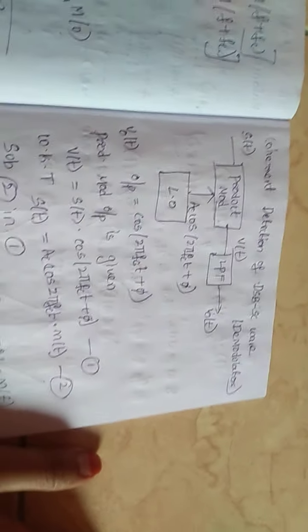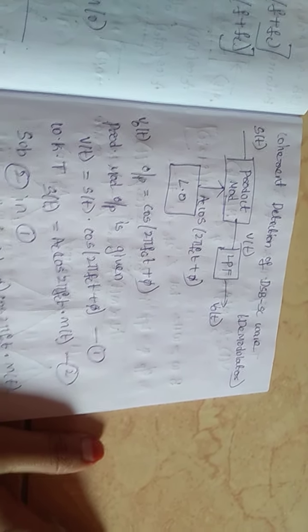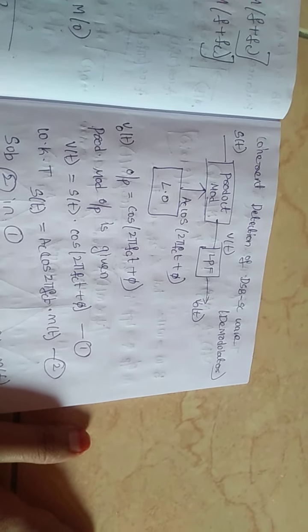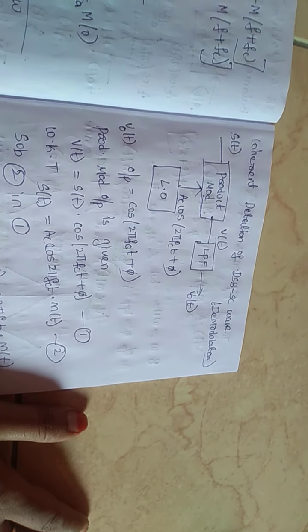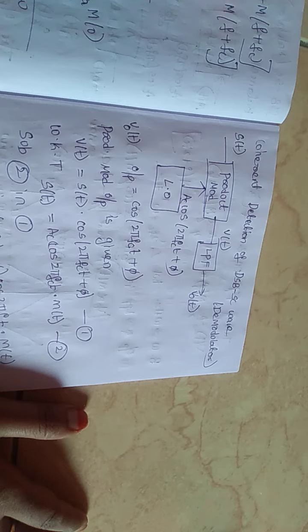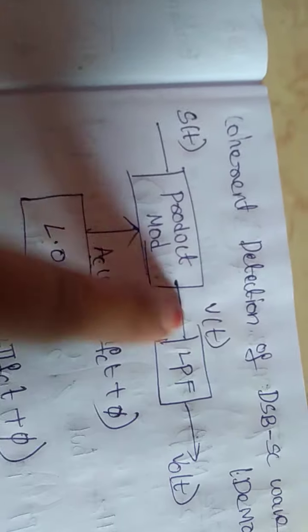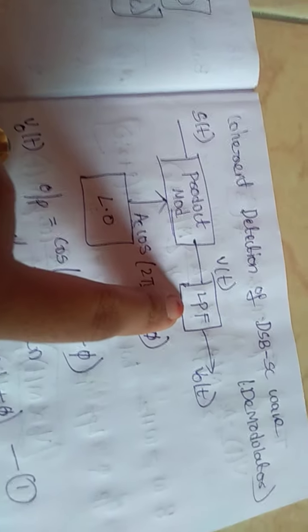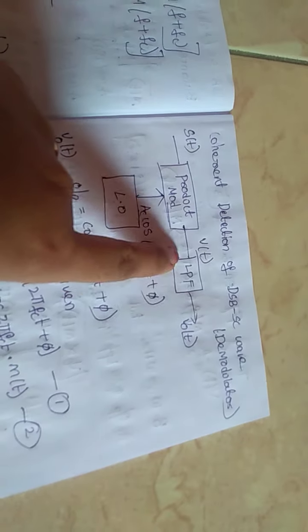So this is the basic block diagram of a demodulator, where we have a product modulator, a local oscillator, and an LPF. Here we are using a product modulator to multiply the local oscillator value, and indirectly we are giving a carrier value also through the product modulator, and S of t to the product modulator. After multiplying these two, we give it to a low pass filter, because if we want only low frequency bandwidth, we use this LPF.